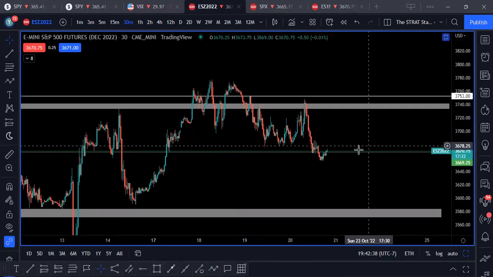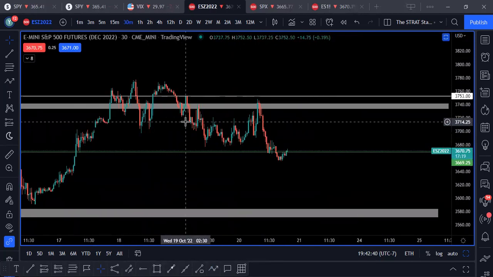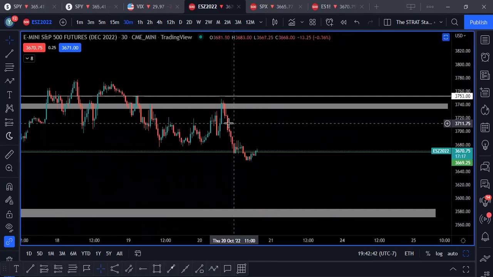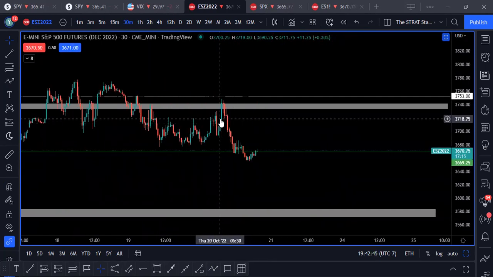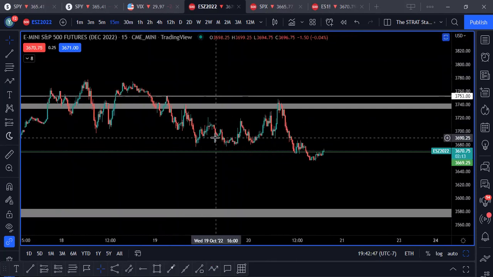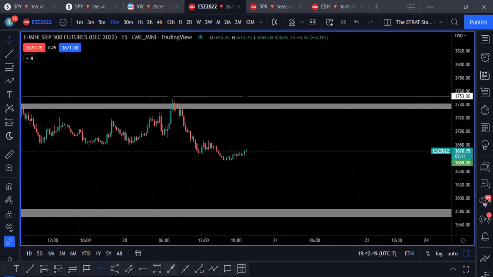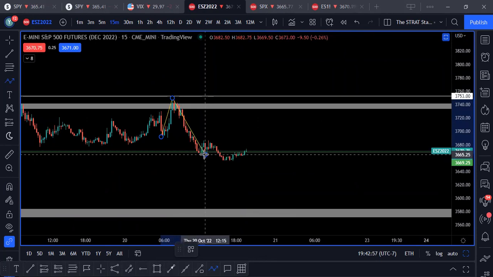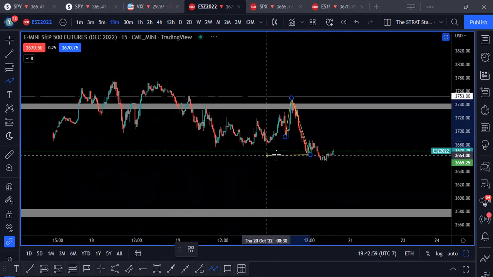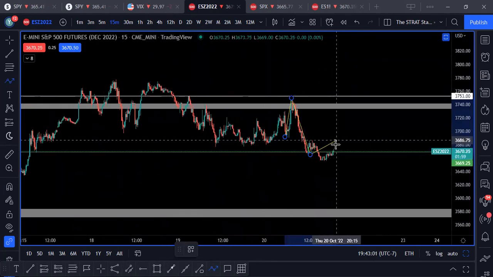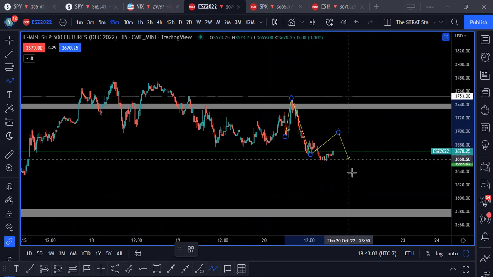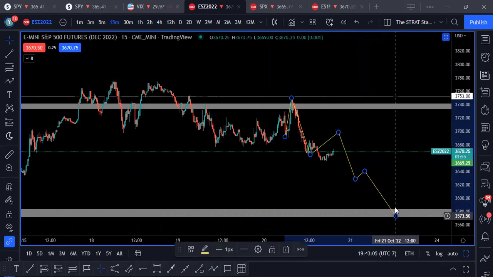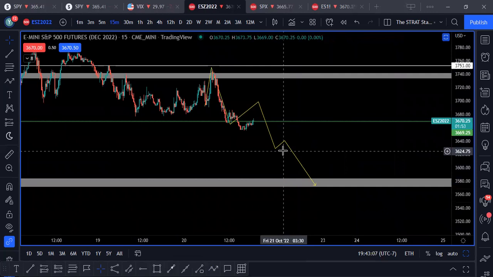Gotcha. Yeah, it was here. I just saw this level, and I'm like, oh, this is that same level. Once I looked to the left and saw us run through it, chop, and come down, I was like, cool, we're probably about to reject. So now we're probably gonna do something like this tomorrow. I'm guessing. Should be interesting.